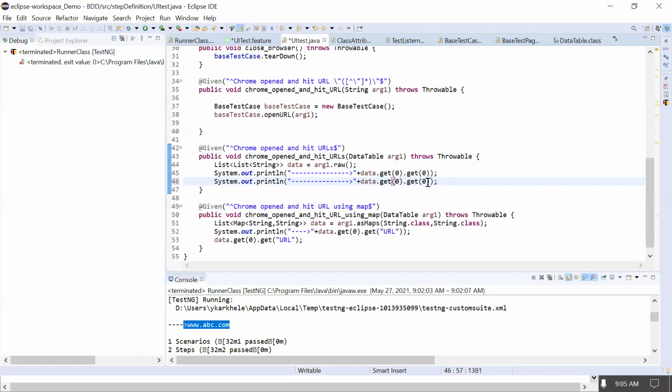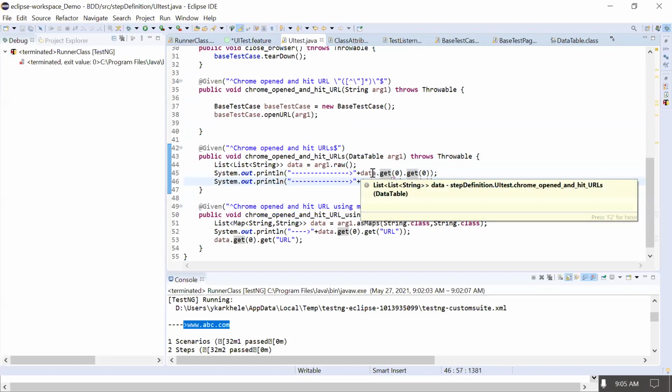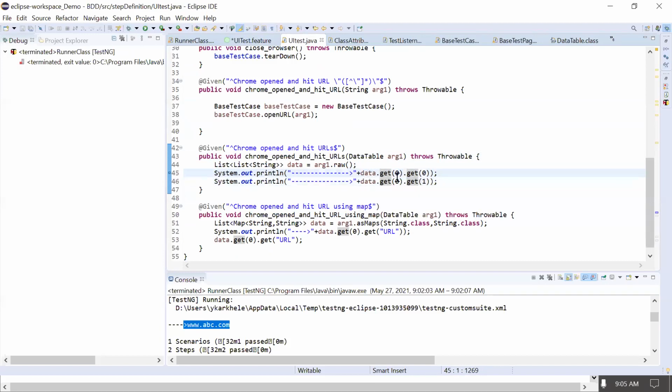Now it's 0, so 1. So let me debug this. 0 1, 0 1. Okay, 0 0, 0 1. Okay, fine.